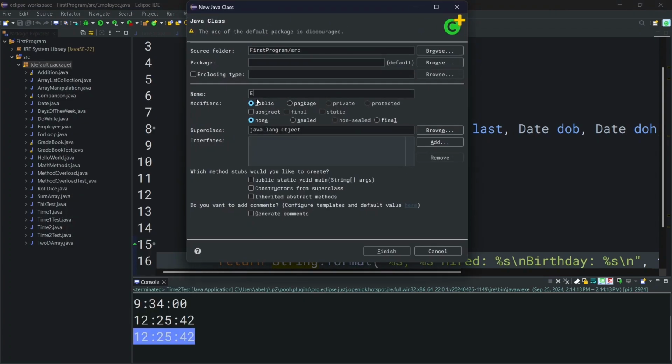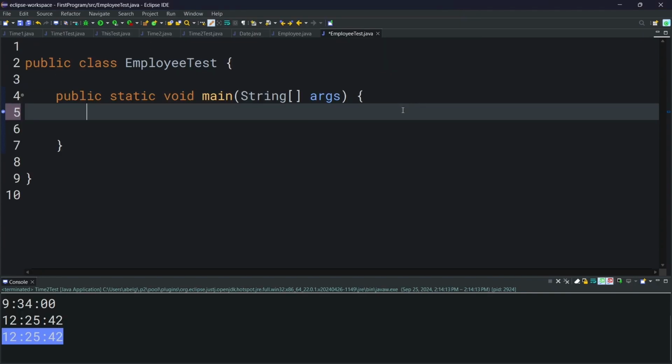We're going to call it employee test. And since we're going to be running this program, we're going to tick public static void main, and we're going to press on finish. In the main method, we're going to have a variable called birth of type date, and we're going to give it